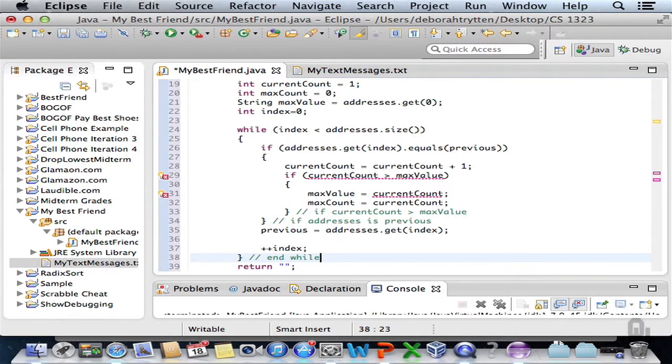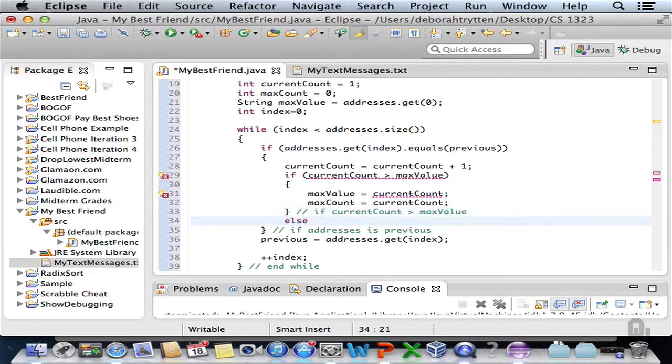Now, there's one thing that hasn't happened here, and that's that we haven't dealt with the case of what happens when our address is not equal to the previous one. So that's something we definitely have to consider. That's the transition between A and B in the example we worked. So else,